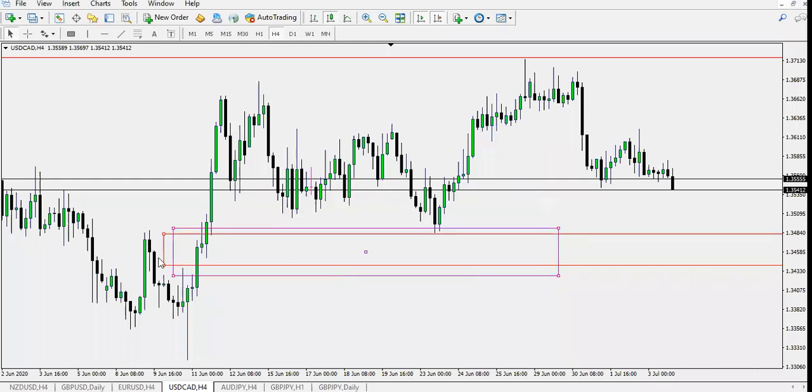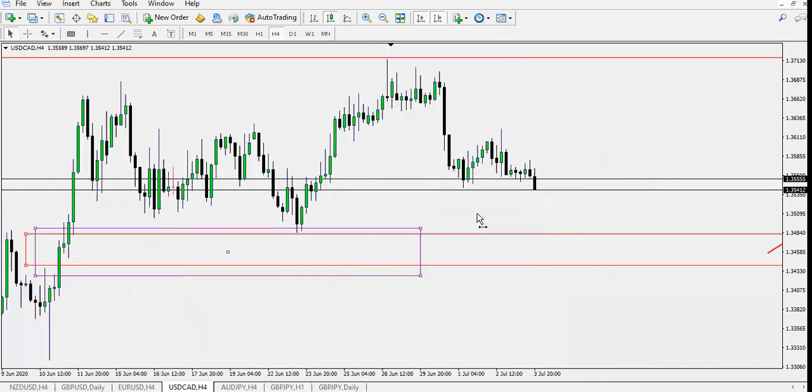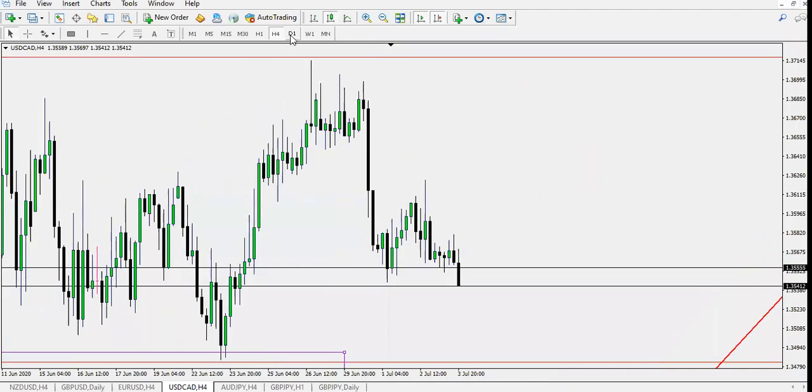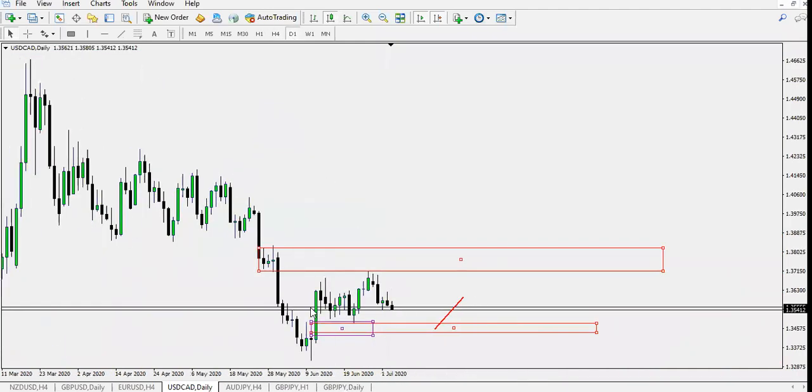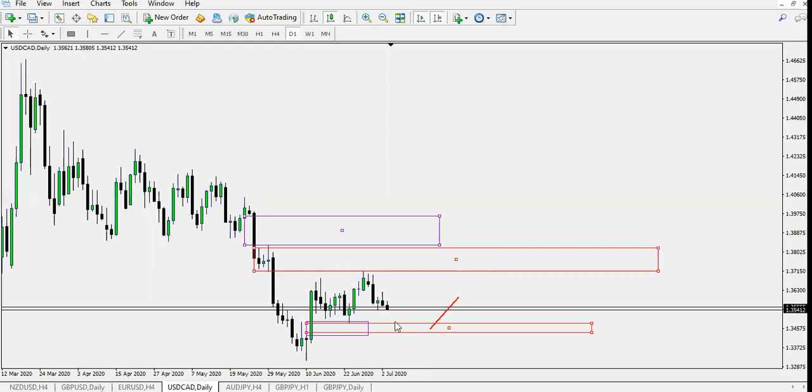So there is also a reason to buy over here, and I want to see reaction off of this zone, not to mention the fact that we also have large liquidity voids sitting over here for price to come into to close above. So I do want to look for buys on USD CAD,